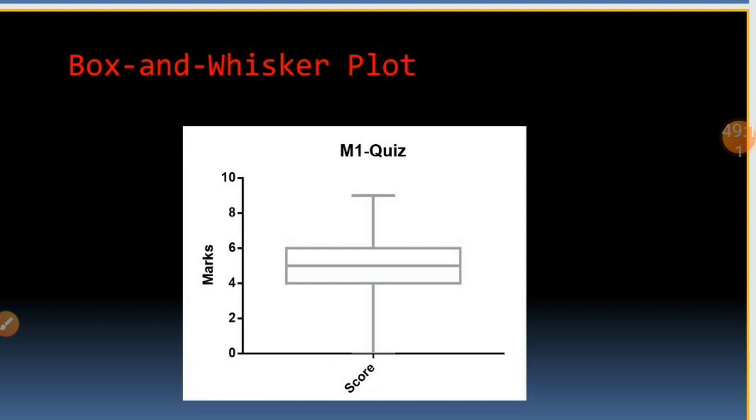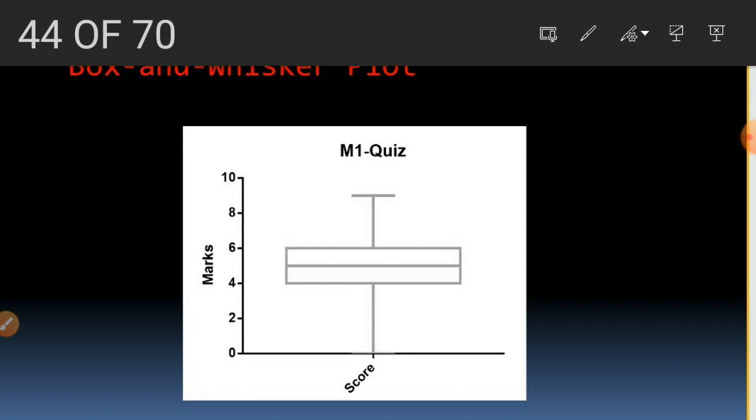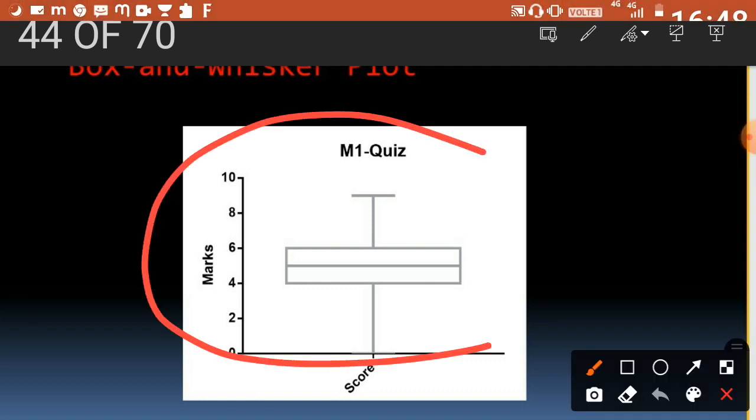Let's see how to plot the box and whisker plot. The example that I took previously, or the things that I wrote in my previous slide, I can't plot here, because the values are not the same. But here is a plot which shows the box and whisker plot, right?